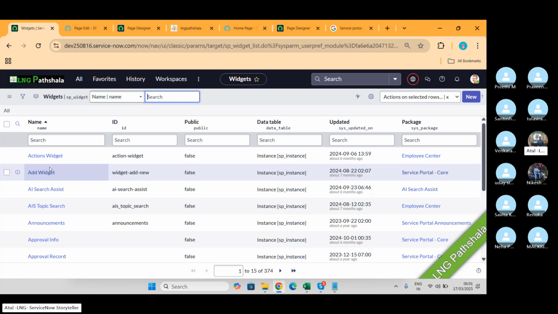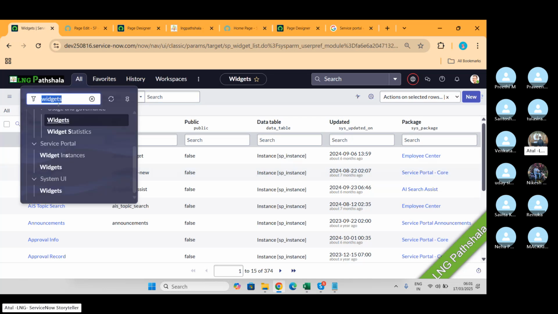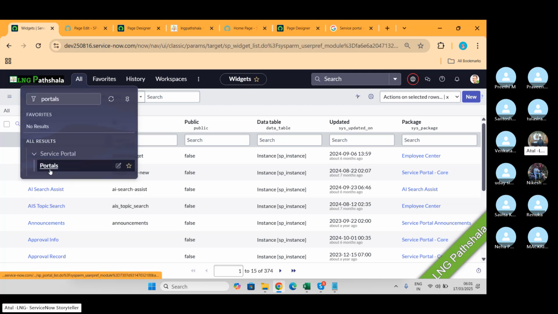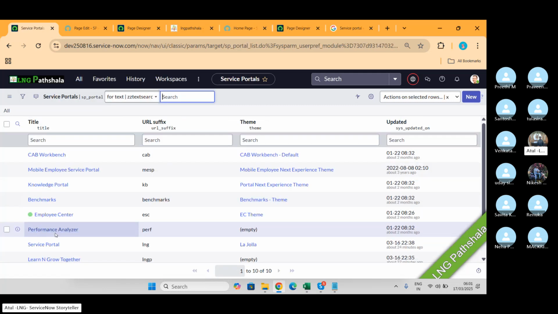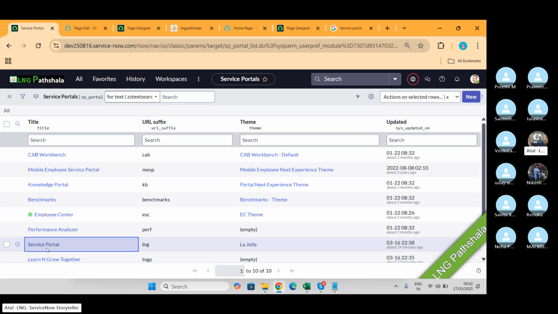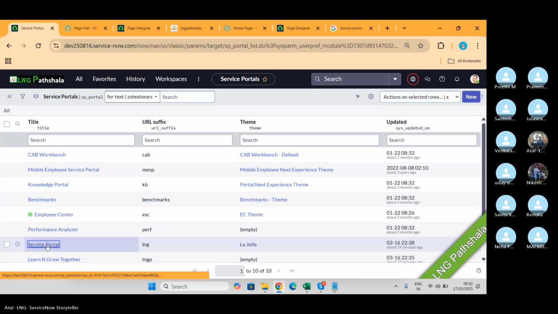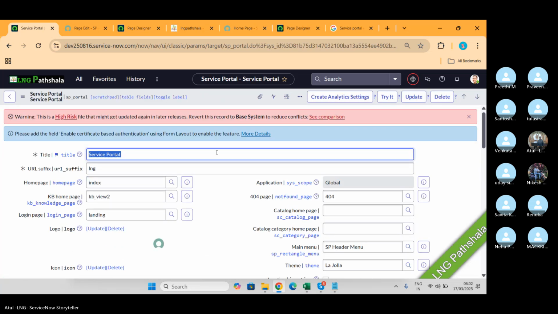One more thing which is required, if I go back in the portal and open the service portal, you can see analytics settings.